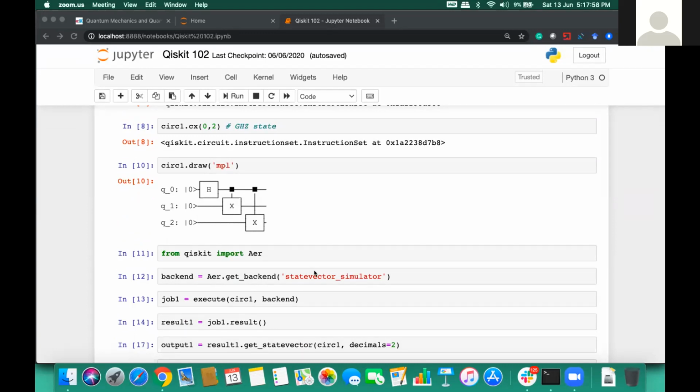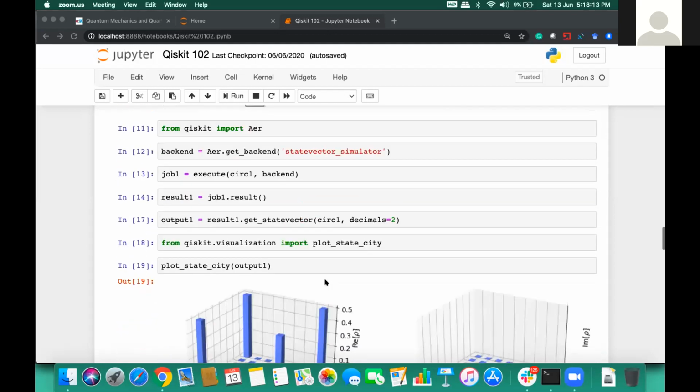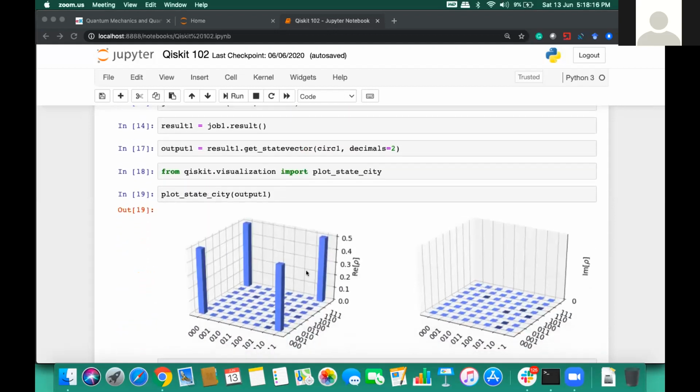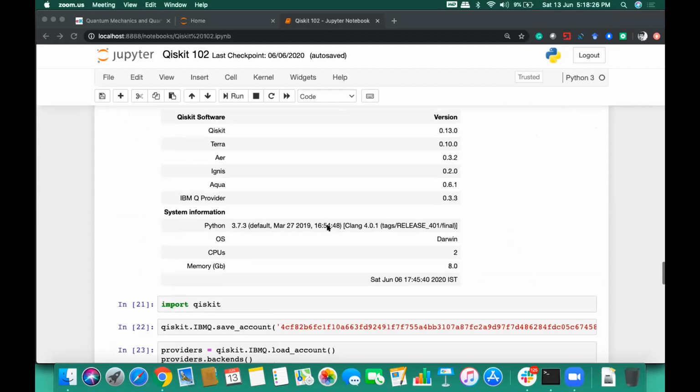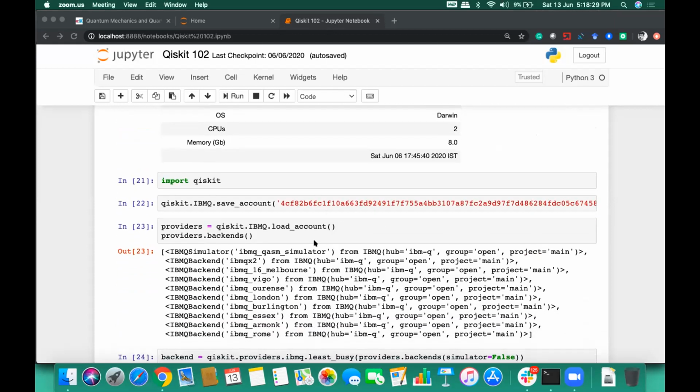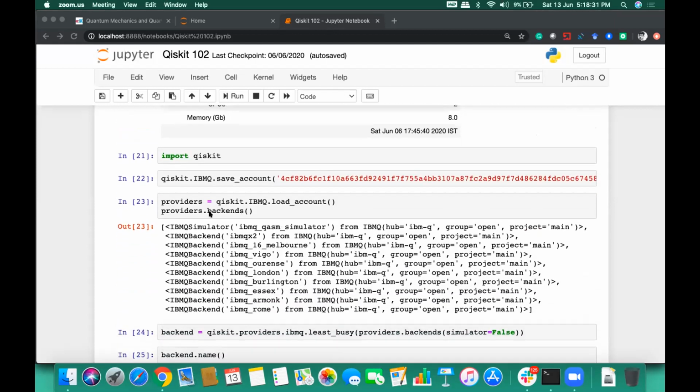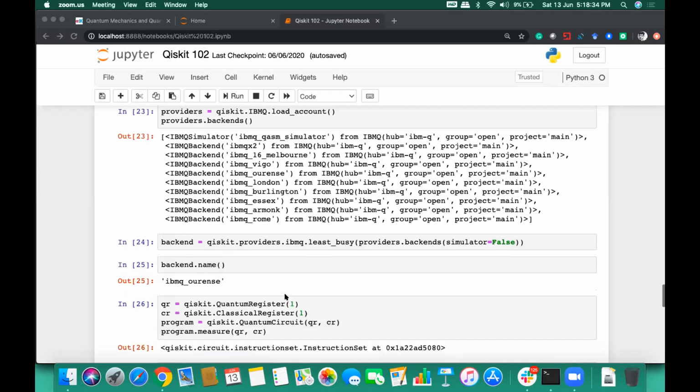Okay, and then we covered in the last session how we can execute the quantum circuits on simulators using Qiskit. We saw what kinds of simulators are available, like state vector and so on. And then we also covered how we can visualize our quantum states using the Qiskit library, which uses matplotlib at the backend. Then we tried executing the quantum circuits on real quantum computers, how to create the backend, from where to get the APIs, all this stuff.